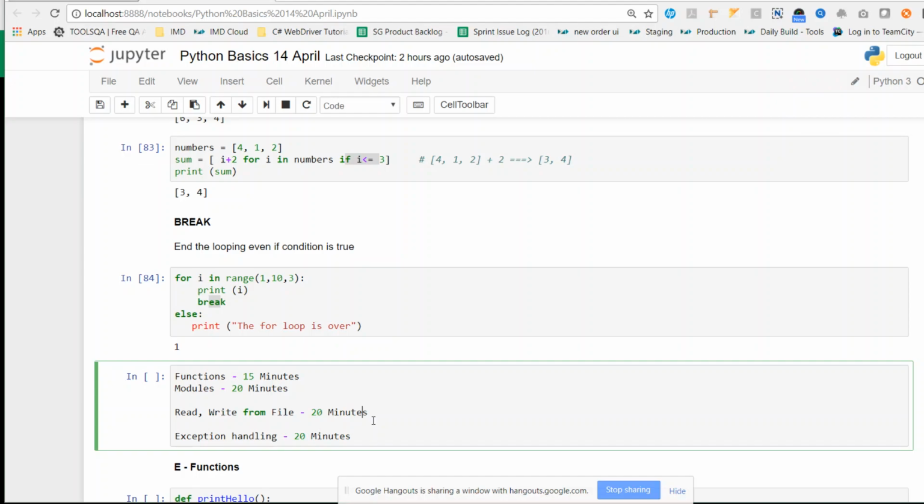Mm, I think we can continue for 15 minutes and later we can continue. Okay. Muni, can we continue for functions and modules? Because both the parts are related.